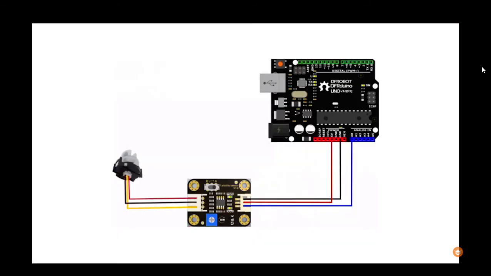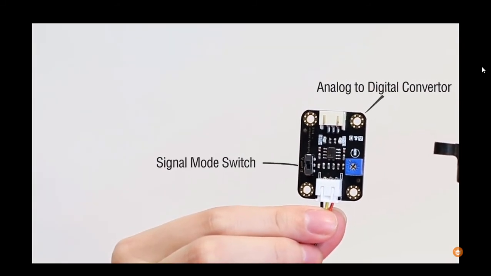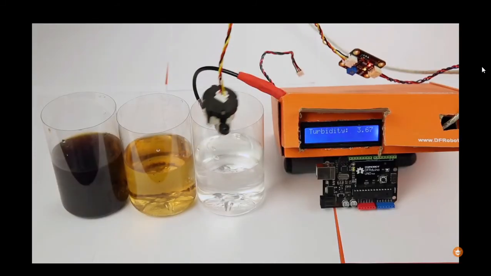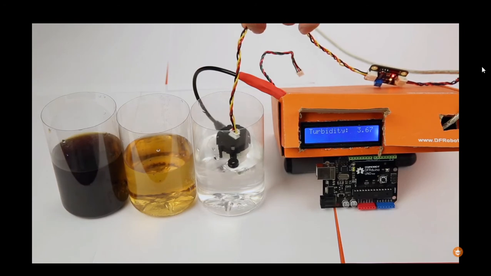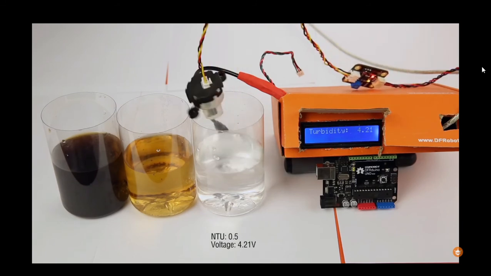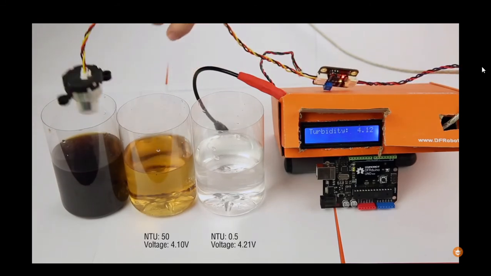The turbidity sensor connects to the microcontroller through an analog to digital converter. Through this A to D converter, the output signal can be switched between analog and digital. Under analog mode, the signal wire of the A to D converter goes to the analog input pin on the microcontroller. The turbidity is represented by the voltage of the output pin. Clear water with NTU less than 0.5 gives a voltage around 4.1 volts. The larger the turbidity is, the smaller its output voltage will be. The voltage ranges from 0 to 4.5 volts.